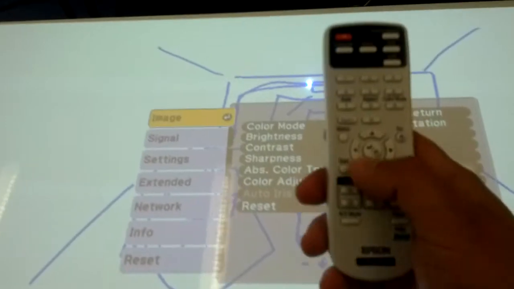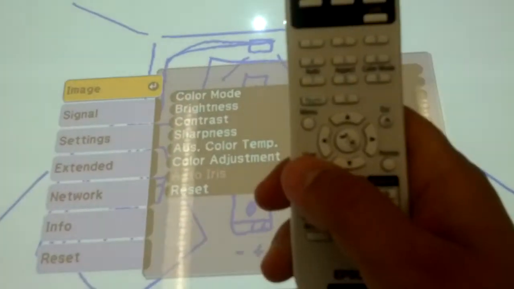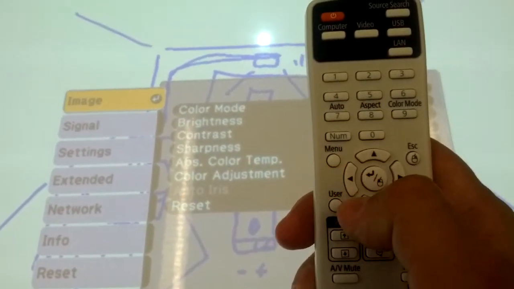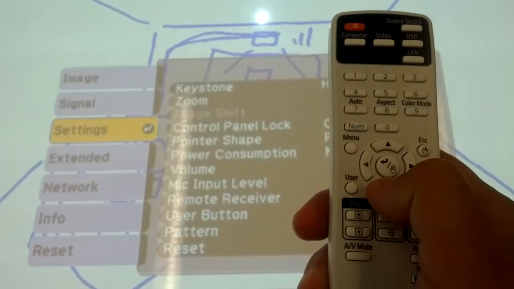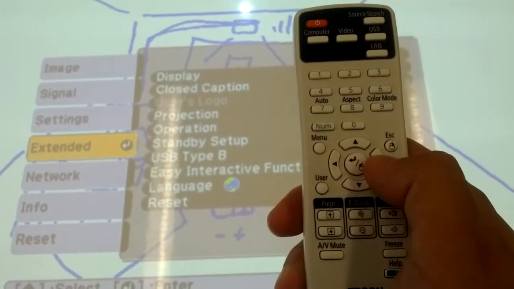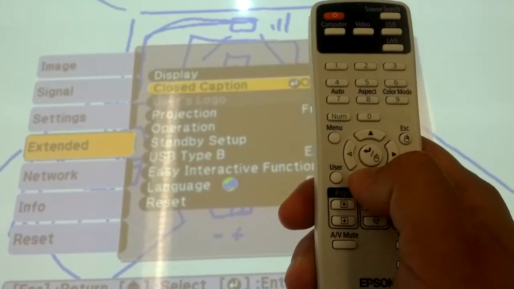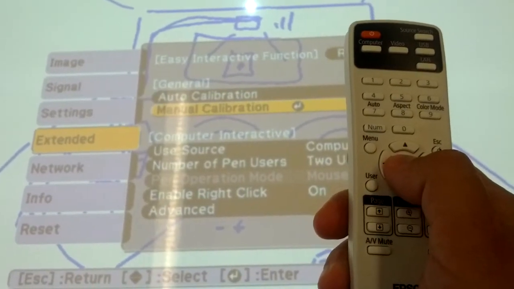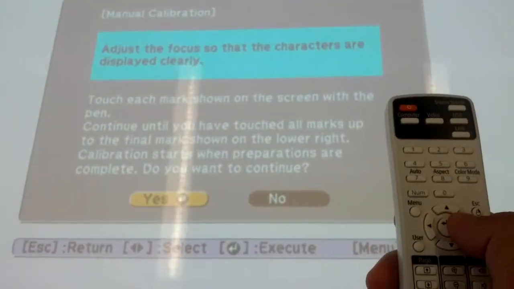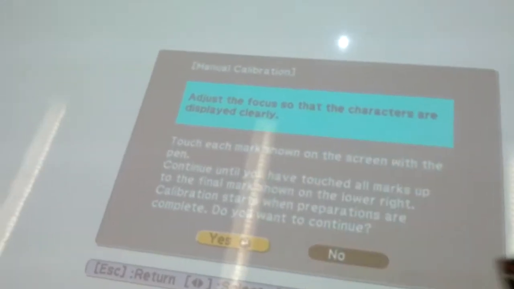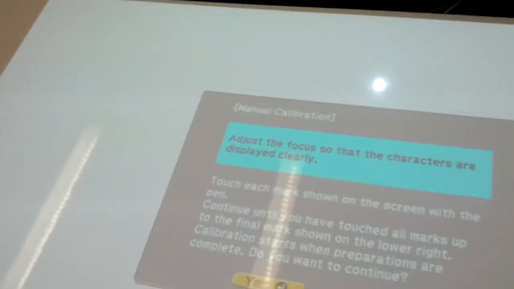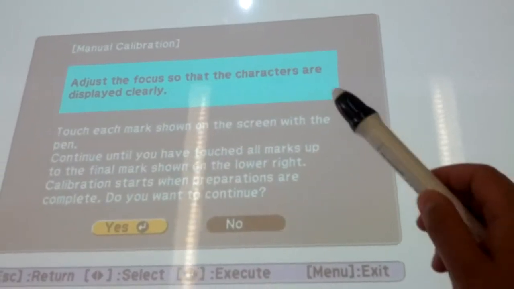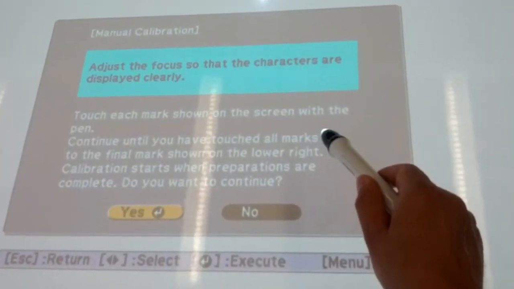And to do the manual calibration, just hit the menu button, then arrow down to extended, then hit the right button, and arrow down to easy interactive function, and then click the manual calibration, and then go ahead and hit yes, and then you use the pen to touch the points on the whiteboard in a sequential fashion, and then that will manually calibrate the position of the pen on the whiteboard, and also over